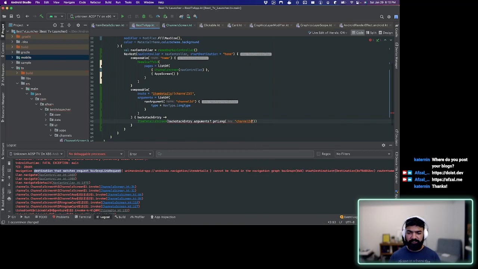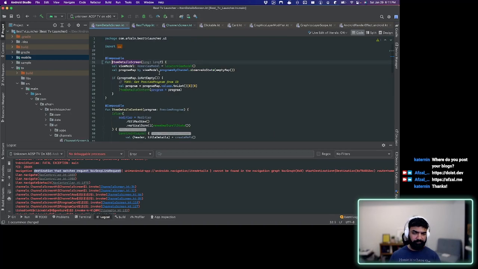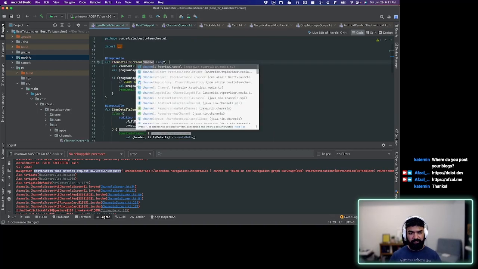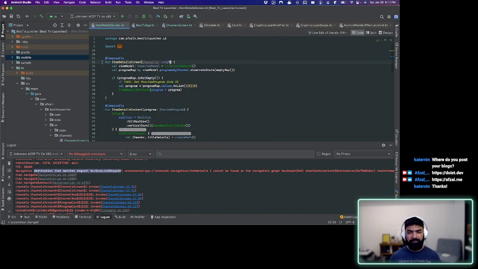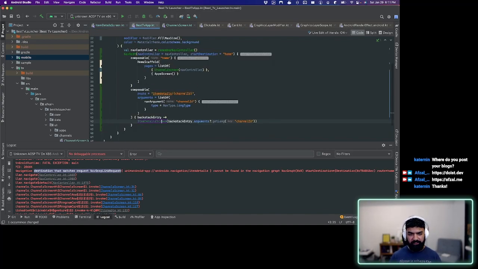And then of course we need to add that parameter to the composable. We call it channel ID over here. And well, that's a great point. Could be like that,